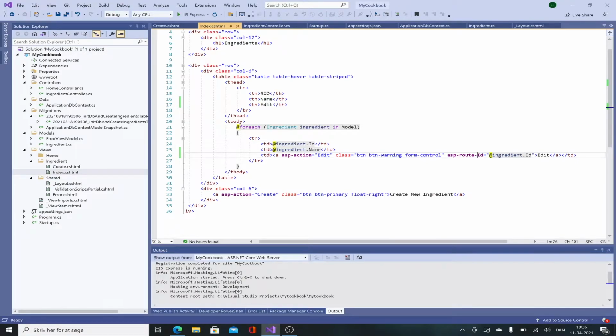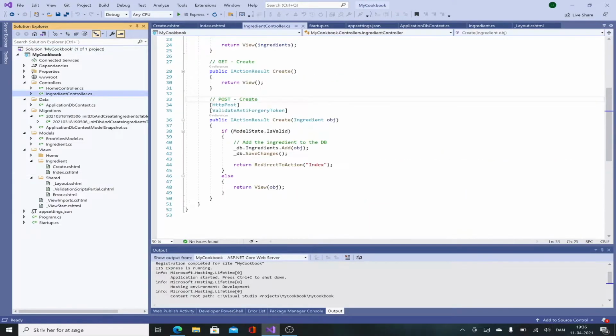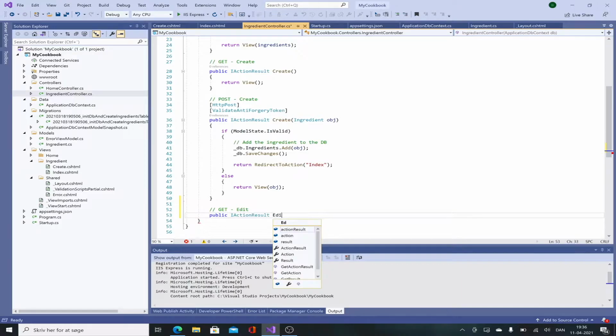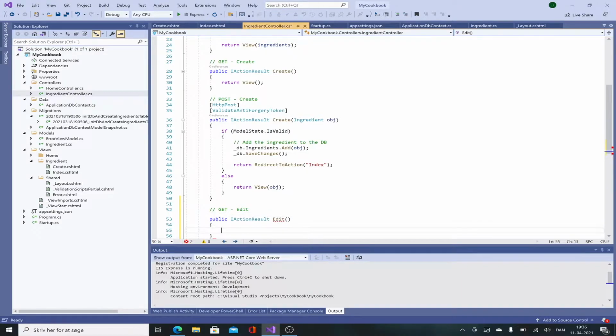So now that we've created the link, we need to actually create the page where we are going into, and we do that in the ingredients controller, and we want to implement the get part of the edit method. So whenever we push that link button, it's going to be a get request. So we make a new method we call edit,